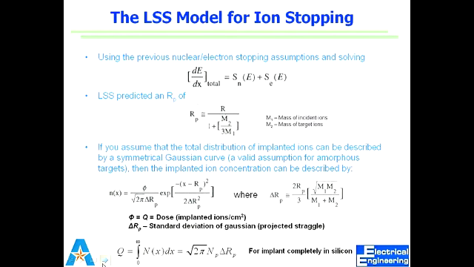So using that assumption, playing around with those equations, we get something called RP, the projected range. It's a factor of incident ions, target ions, and the actual distance that they travel, right? Now,